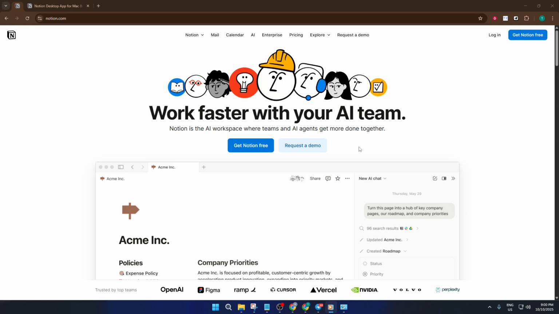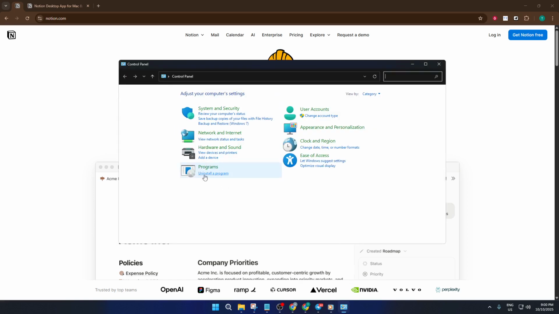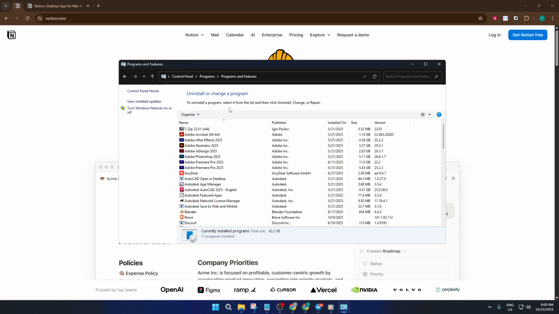First up, if you're using Notion on your desktop, the way to reset is to uninstall the app entirely. This might sound a bit drastic, but it's actually very straightforward. Start by closing Notion if you have it open. Then, depending on whether you're on Windows or Mac, head to your computer's settings and find Notion in your list